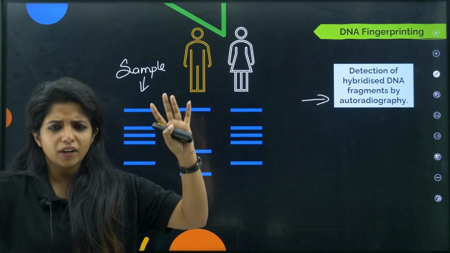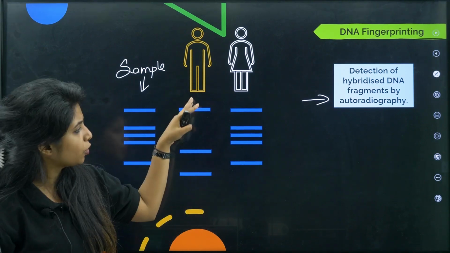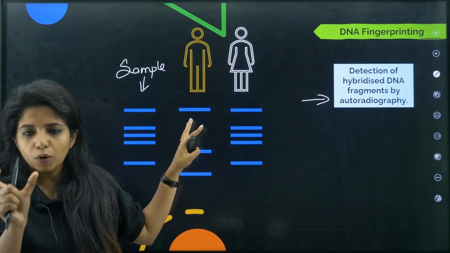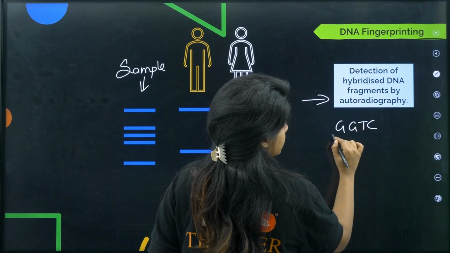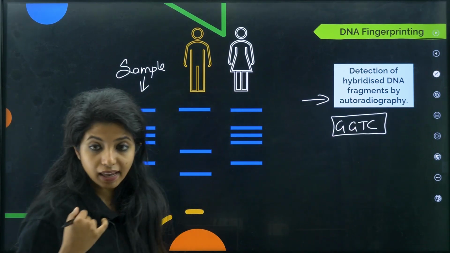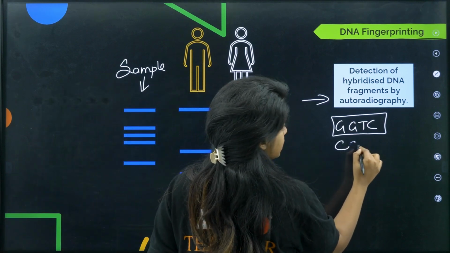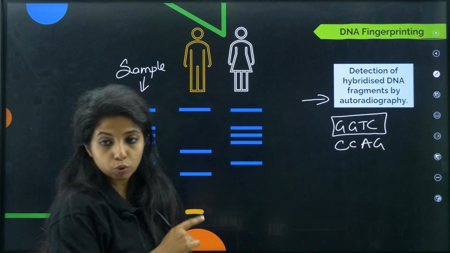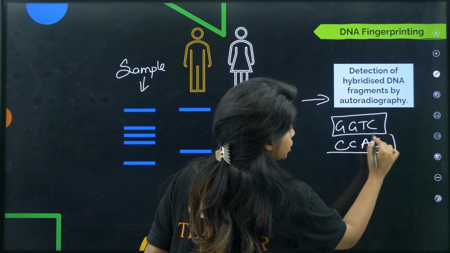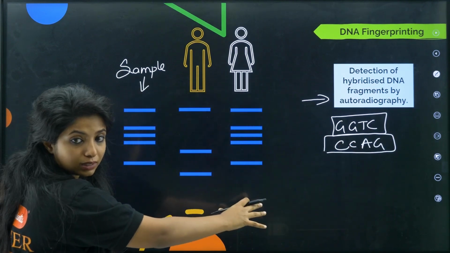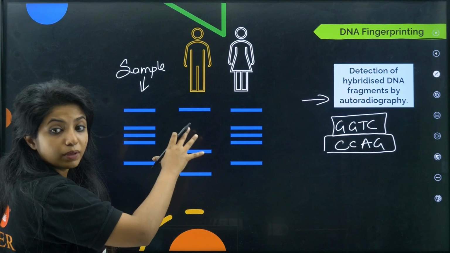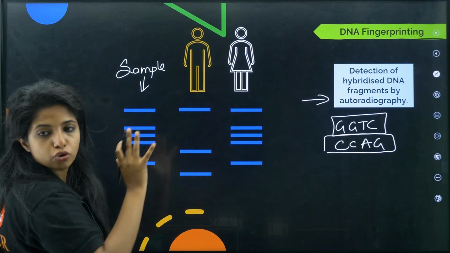Okay, so that is left. I don't want to talk about that. As of now, I am talking about the fragments which have the code with the repetitive sequence, that is GGTC. Okay, I gave the probe, that is CCAG. This was the probe that I was having. So this probe went and attached, and now all those things that have the attached probe are visible.